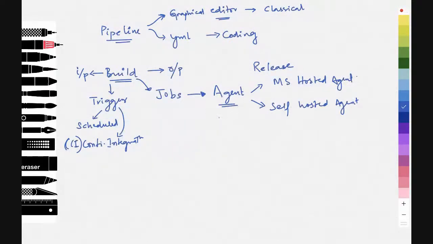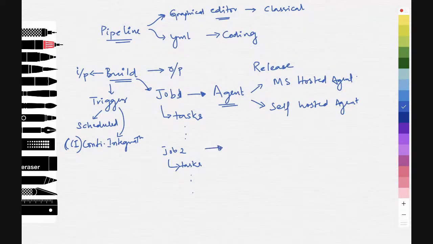And this agent which is there, that would be our task execution. So jobs will have the tasks in it, which are called steps, and the step has scripts or tasks to be executed. So there would be multiple tasks like this, and I can have more jobs as well. Like I can say job 1 in my pipeline and job 2 in my pipeline. This is having more tasks inside it. I can have multiple of them.